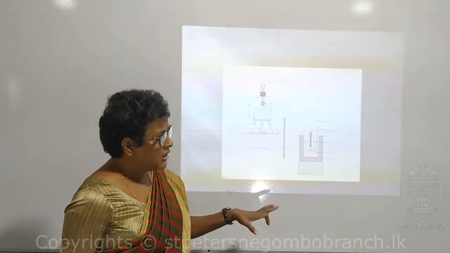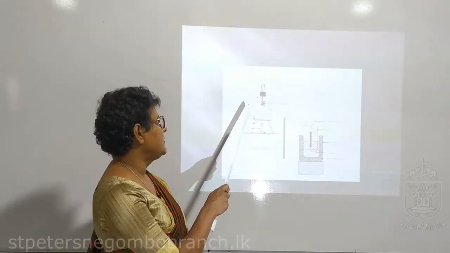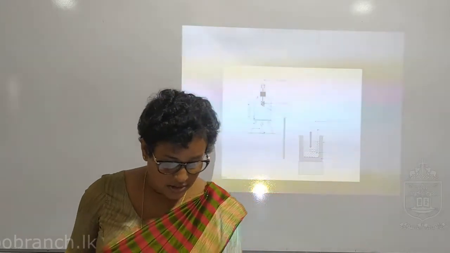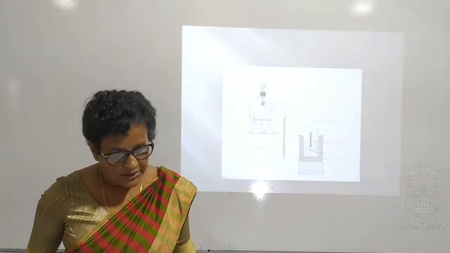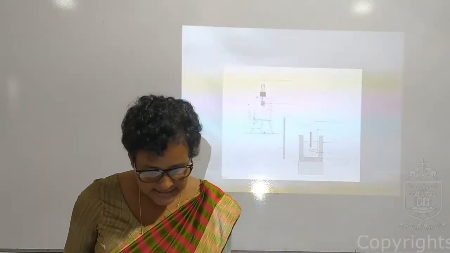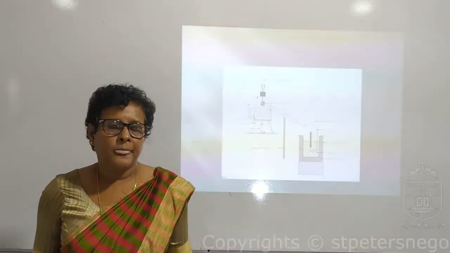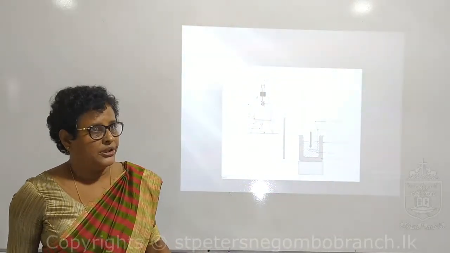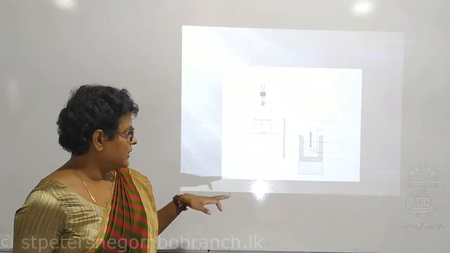Now, according to the theory, you know everything except the specific heat capacity of lead shots. So you can calculate it using this theory, right? Now, conclusion. Conclude the value obtained from the calculations as the specific heat capacity of lead shots. But we didn't do a cooling correction. Now there can be heat losses. So to do this, we have to do the cooling correction that I have told you earlier.